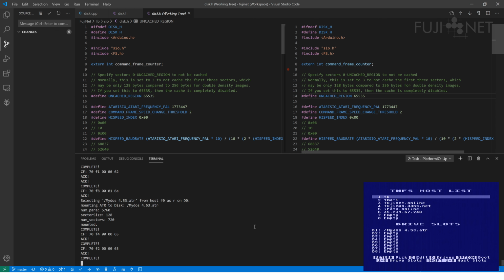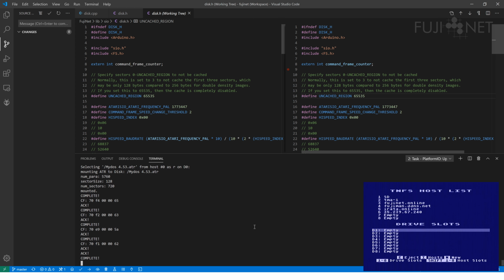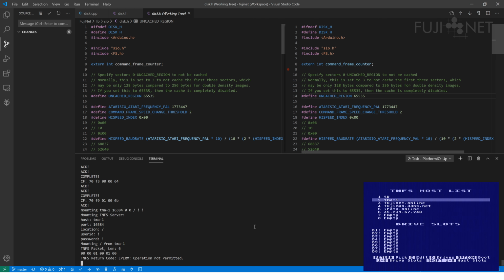Now, you saw that it was working fast enough. We'll eject that real quick. We saw that it was working fast enough on the local unit, and you can see that the performance is still okay for file servers that are on the local network, like this one. And in fact, oops, I accidentally stopped it. So let me go ahead and